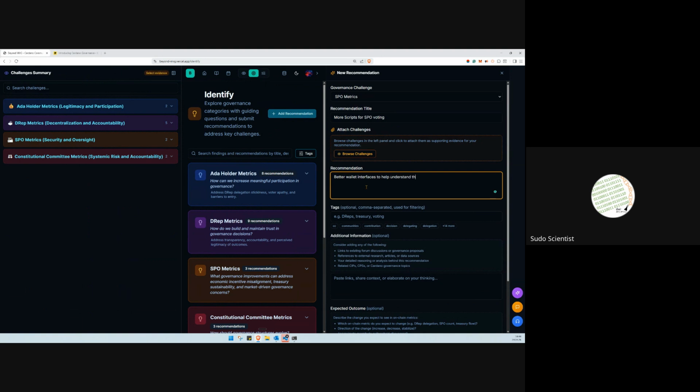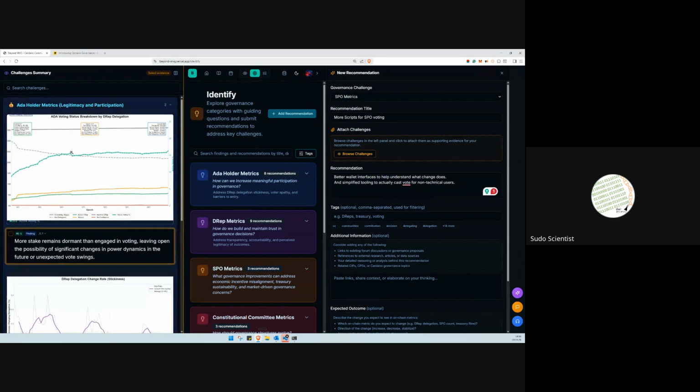Because if you're running CLI and air gap machines, you probably don't have many issues building a script and dealing with the CLI directly. But anyway, in the future, if we're trying to onboard new SPOs and have more non-technical users participate in securing the blockchain, I really don't think the technicality is the barrier here, right? I really don't think that's a big thing. It's creating the desire for people to participate in governance.